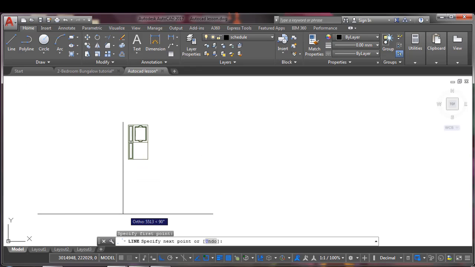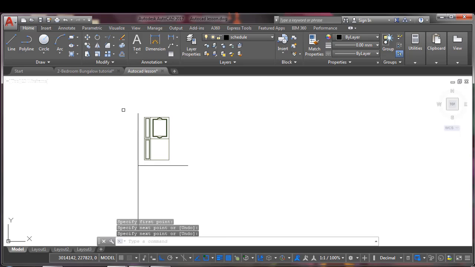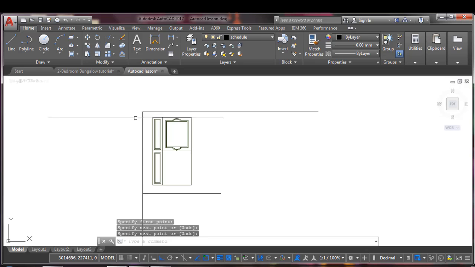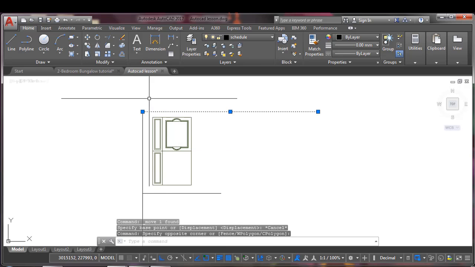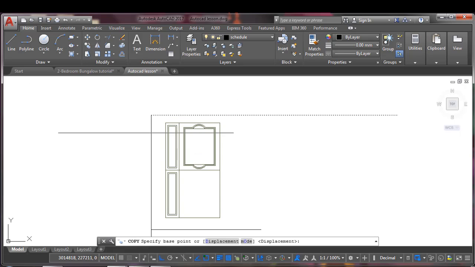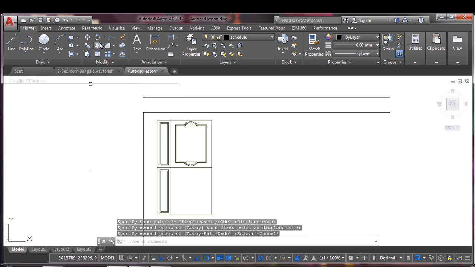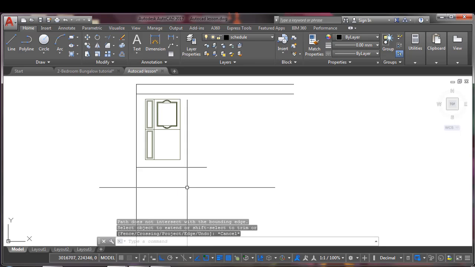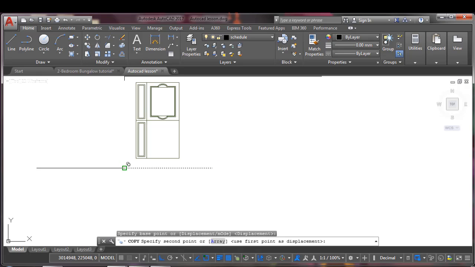Draw this line, draw this line. You can draw this line also. Just use your discretion. Don't be afraid of using your tools. You copy this line up, you copy it, you use your extend. This one, just using your discretion with all the tools that you already know to come up with what you